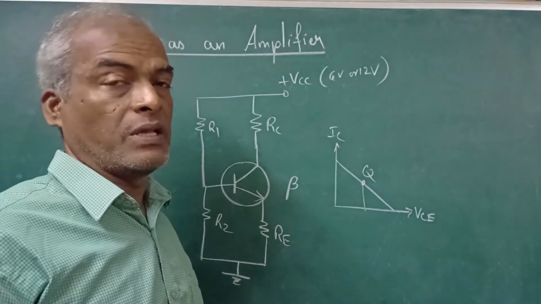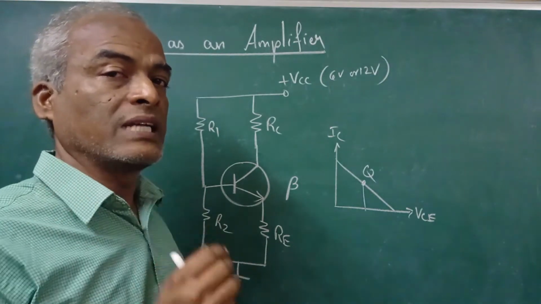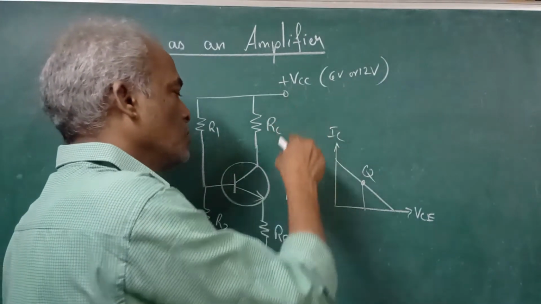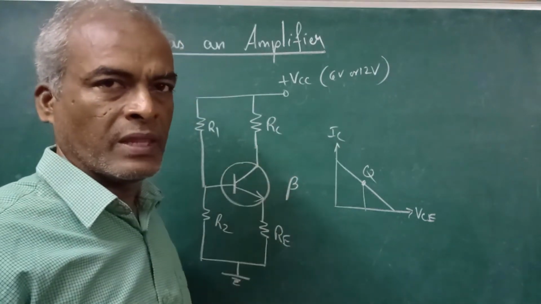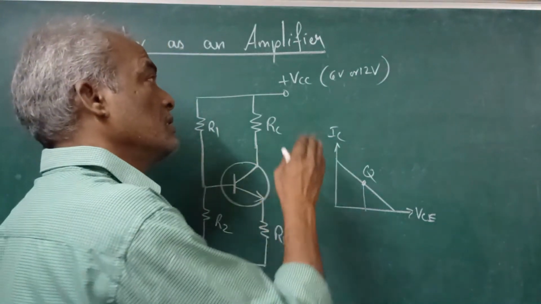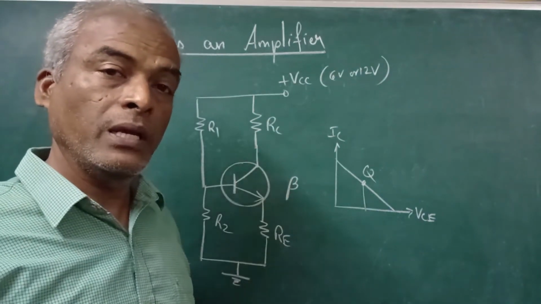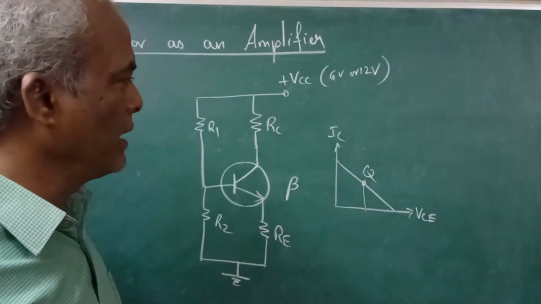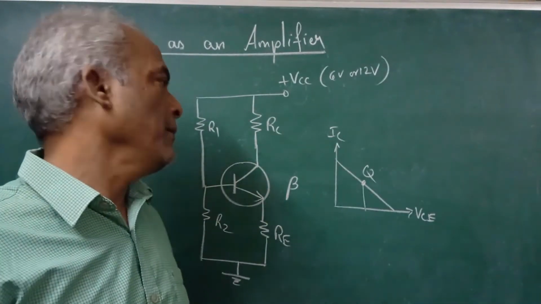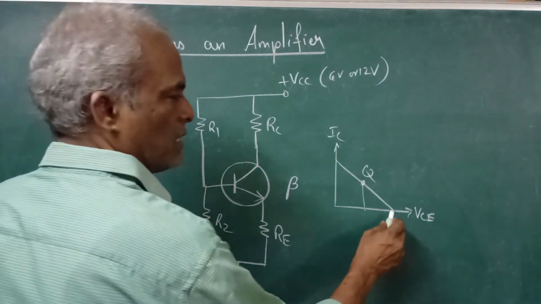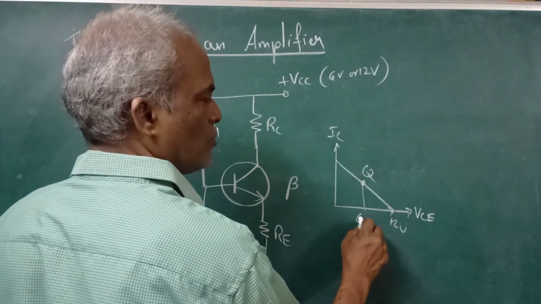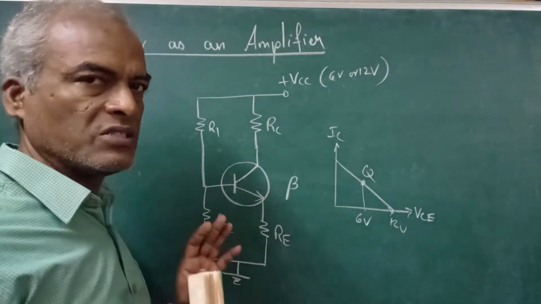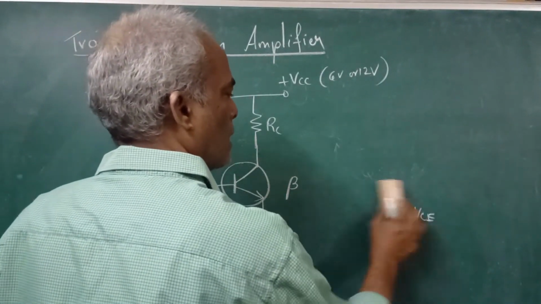That is the shortest way by which we can ensure that the transistor is working in the middle of the load line. Suppose this is 6 volts, VCE should be 3 volts. Suppose this is 12 volts, VCE should be 6 volts. So it should be half. That's the thumb rule designers usually follow. That's the main idea, because we have this cutoff point. So keeping that in mind, you assume that the Q point is at the middle of the load line.